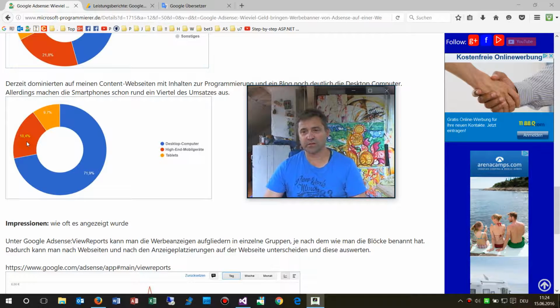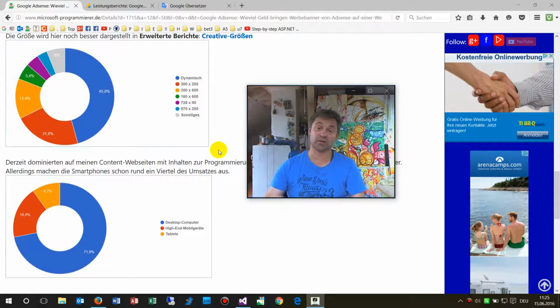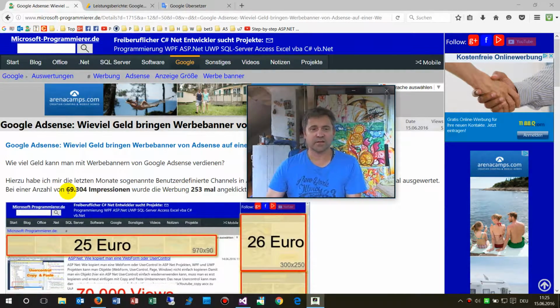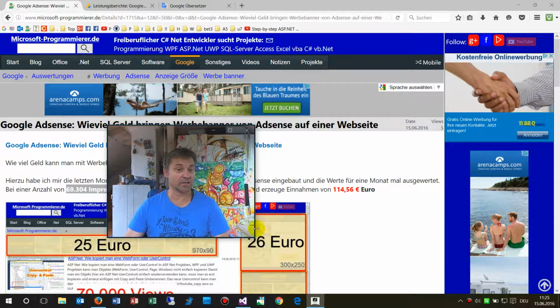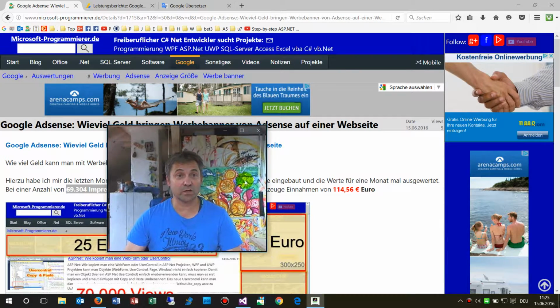And also important is that, let's say, 25% or 1/4 is made by mobile devices and tablets. So this is increasing, and this also depends on whether your main focus is more mobile. If you have some apps or something like this, then people always want to be online, and you get a lot more by that. But important is that 70,000 impressions is a lot, and you won't get rich by this, so you need to do a lot more.